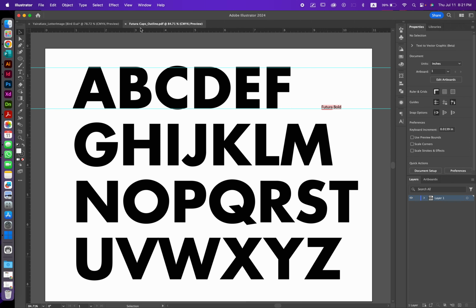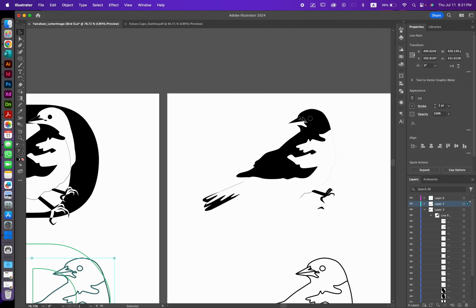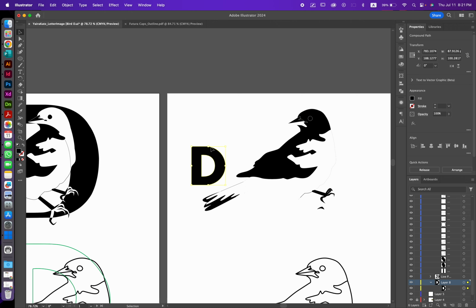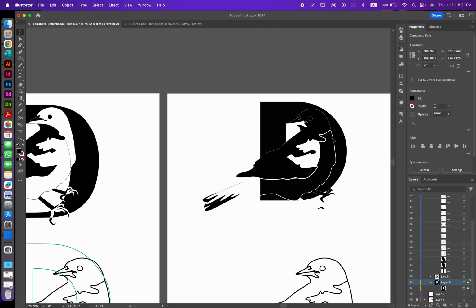We can see what happens when I select one of these letters. Also, just as a note, I'm using Futura right now. I know that you were using Clarendon. Feel free to keep using Clarendon. I just found this file faster. Okay, so